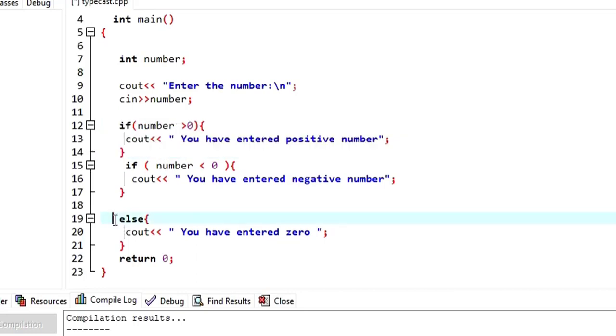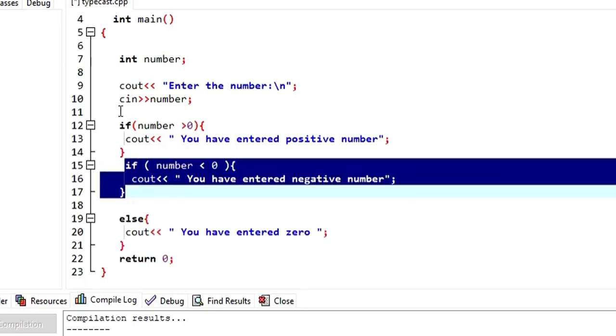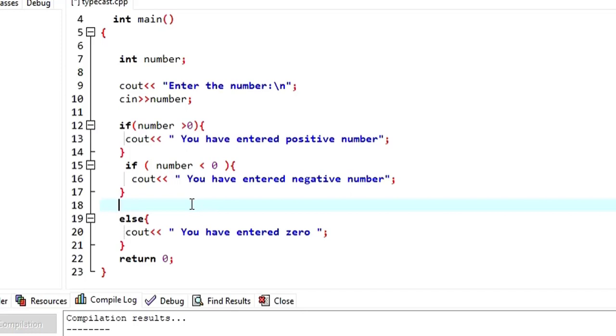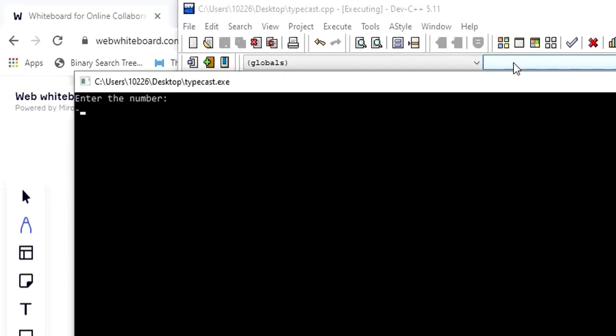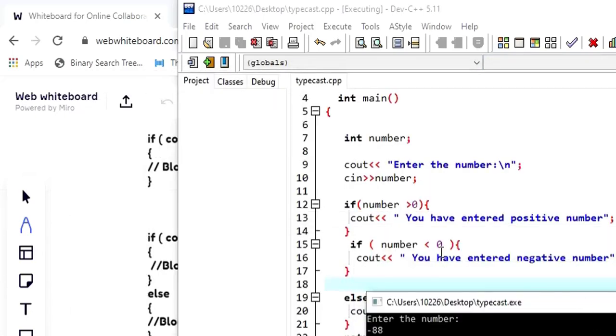So here I have got only one else. So which condition is going to own this else? Is it going to be this one or is it going to be this one? I'm asking you this question. Comment the answer in the comment section. But if I run this one, still it would work without any problem. When I enter negative 88, still it will execute the block of this particular if condition saying you have entered